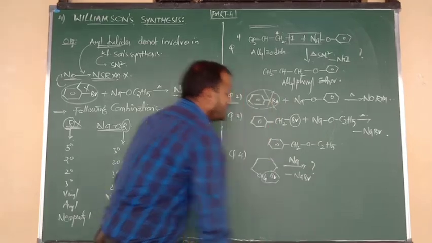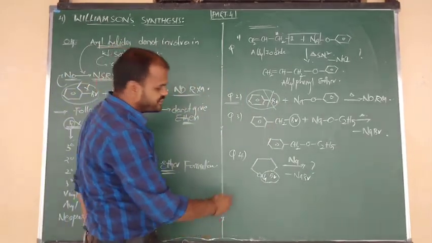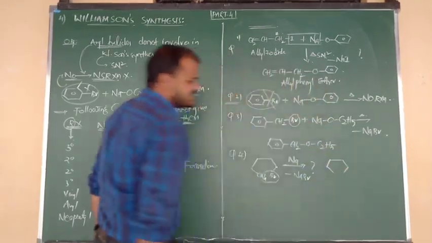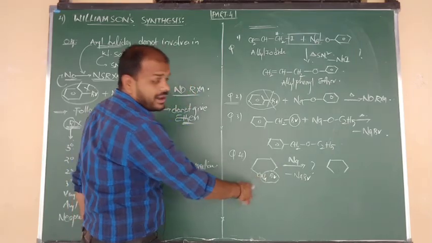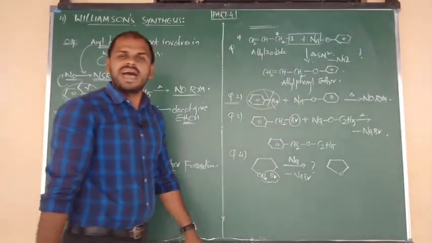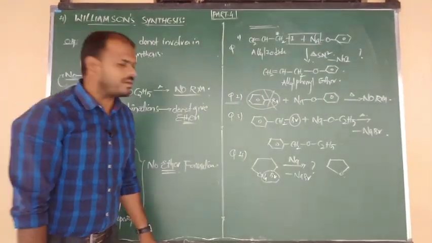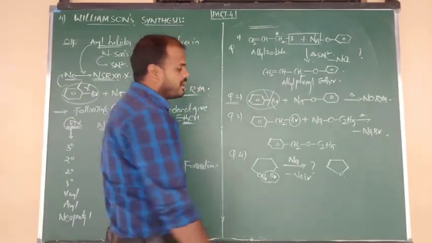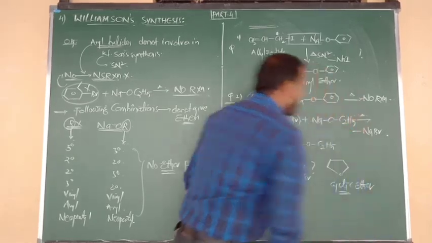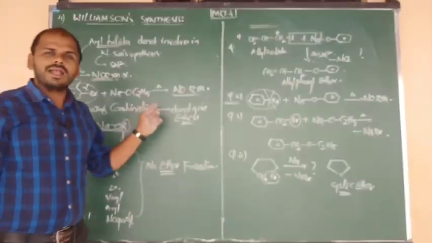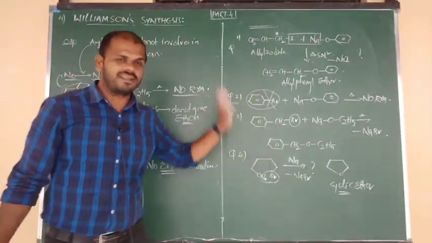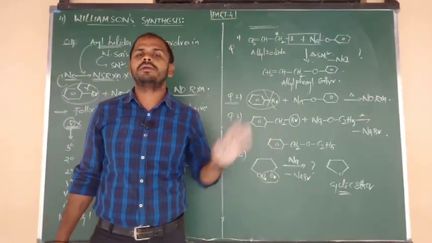Minus NaBr. So in the remaining ring, how many carbons are left? 1, 2, 3, 4. So it is a 4-carbon chain. I write all 4 carbons as they are, and the remaining heteroatom is what, beta? Oxygen. So this looks like a 5-membered cyclic ether, and we also call it oxolane. Simply, we say it is a cyclic ether with a 5-membered system. So by using Williamson's ether synthesis, not only open-chain, simple and symmetrical ethers, we can also prepare cyclic ethers in that manner, beta. These are all very important objective questions.